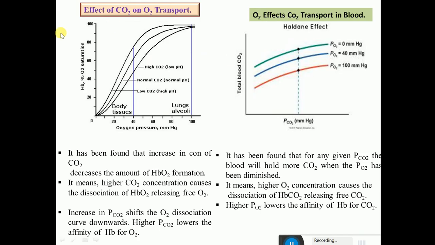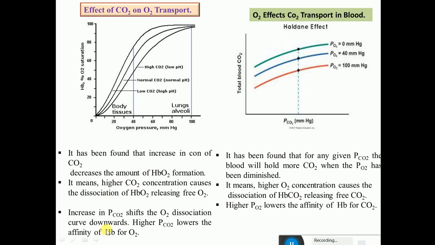You can notice here, as the amount of CO2 increases, what is going to happen? This line corresponds to low carbon dioxide, the middle line corresponds to the normal carbon dioxide partial pressure, and this last line corresponds to the high partial pressure of carbon dioxide. At low concentration of carbon dioxide, the binding capacity of oxygen towards Hb is very low, you can notice, and at a very high amount of carbon dioxide, the binding capacity is very high. That means the saturation of O2 in the Hb is very high. So that's what I have written here.